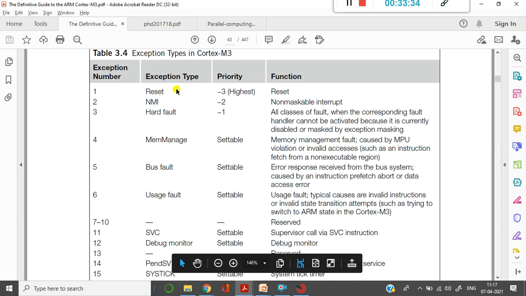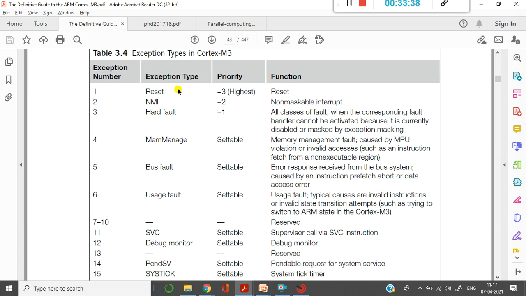Now, where are the built-in programs? In system level memory. So system level memory means it must have some address. If the processor wants to execute that and the program counter does not have the address, it will not execute. So if I want to execute NMI, I should provide the NMI program address.